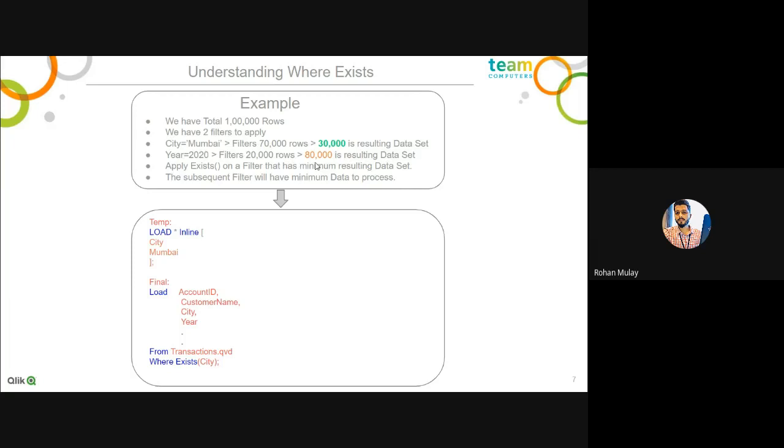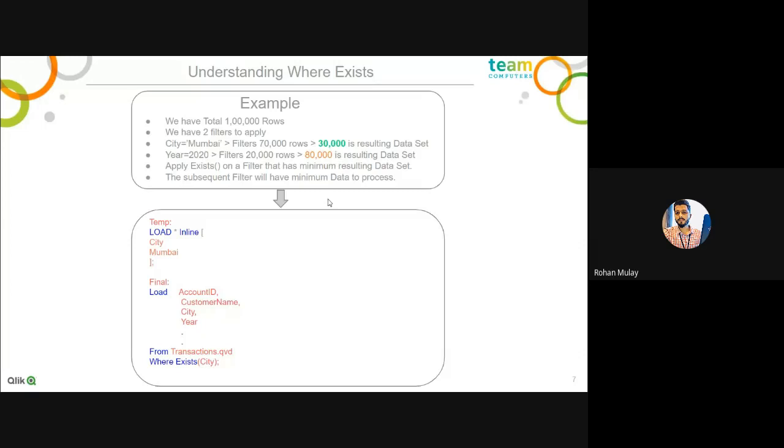So we will first give preference to the where condition which is filtering out many records, which is the first condition, where city equals Mumbai. Why I'm doing so is that this 30,000 is the resulting data set. So whatever other where conditions or derived fields you are going to create, you are going to create on this 30,000 set of records instead of 80,000.